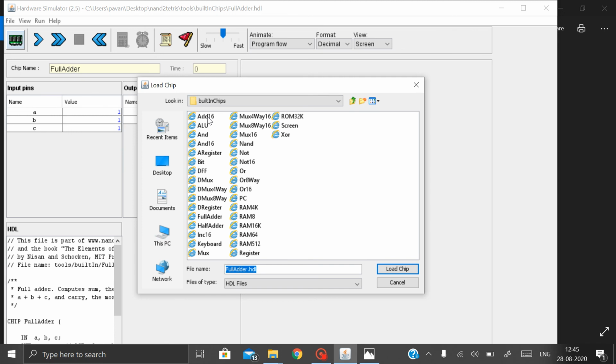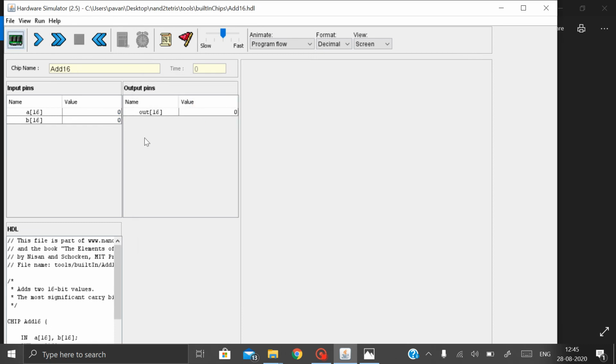Actually in the second project we have Add16. Add16 is nothing but addition of 16 bits. I will show how it runs. Now you write 1 plus 1. Let's evaluate. You can see here output as 2. As I told you, 1 plus 1 is 2. We will take 5 plus 5.